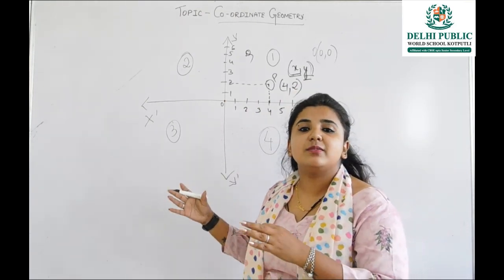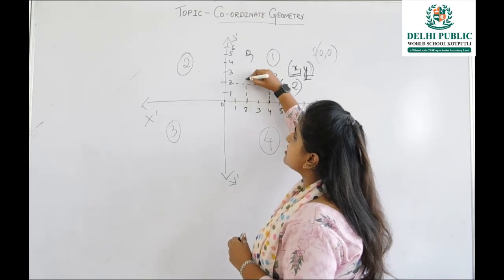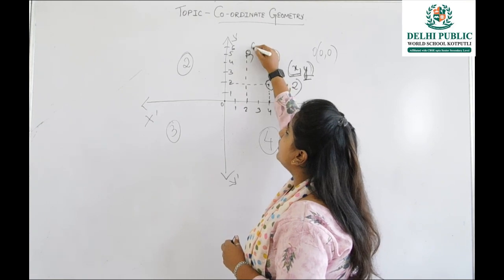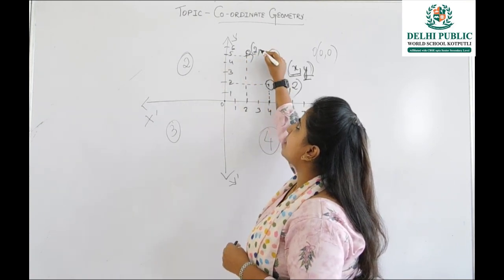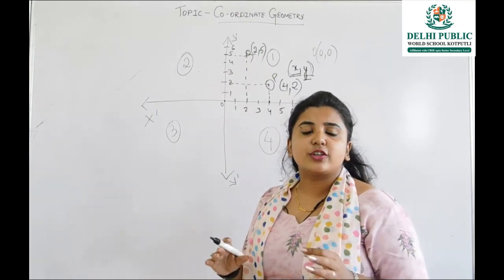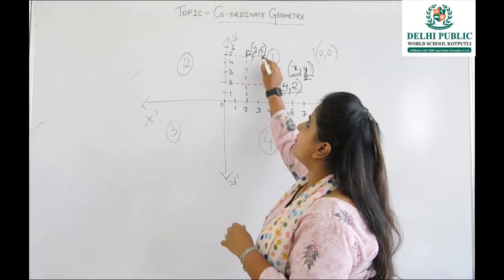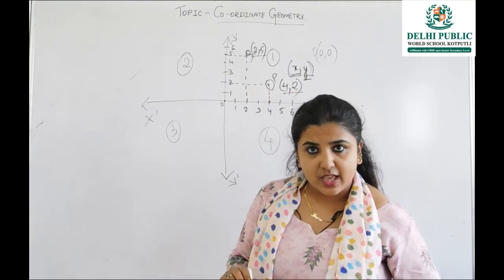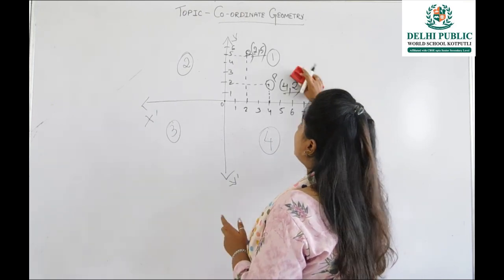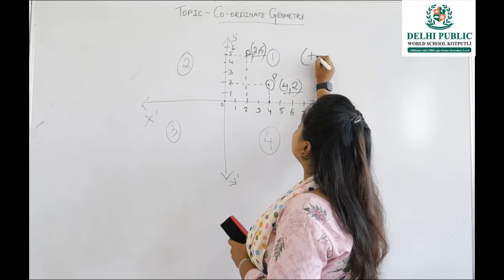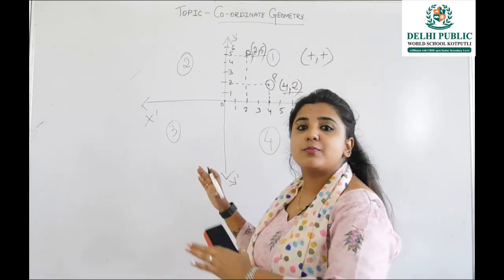In the same manner, we'll see for Q also. For Q, first we'll see the x-axis component. It is coming to be 2. Now we'll again move towards the y-axis. It is coming to be 5. So the value for Q is (2, 5). Now we see in the first quadrant, both the values are coming out positive. So we can say that the first quadrant will always have values in the form (plus, plus). That means both the values have to be positive.